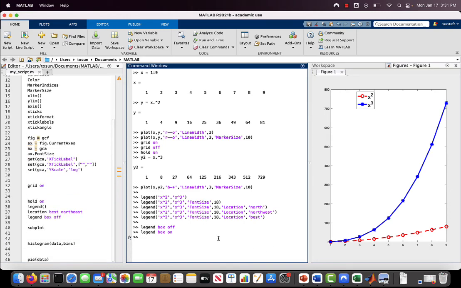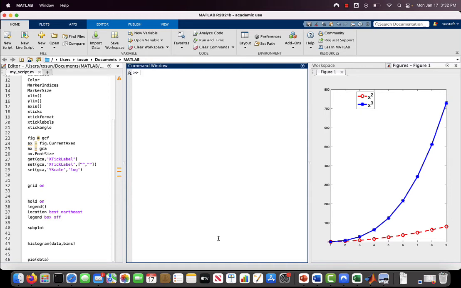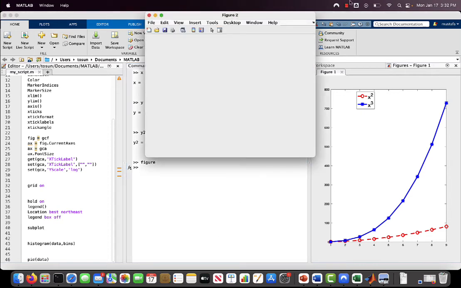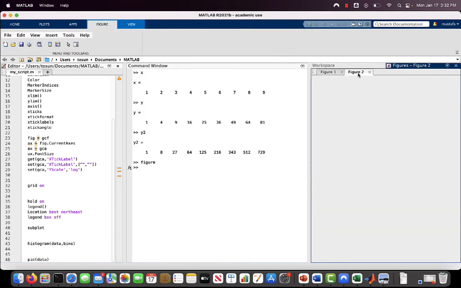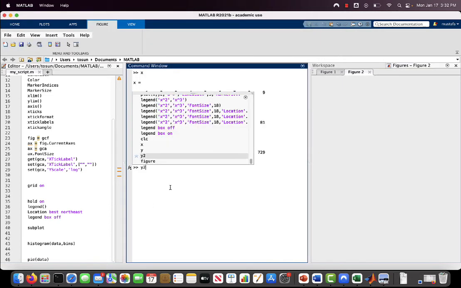Okay, what if I want to draw multiple plots in any figure? Then I need to divide my figure into parts like a matrix. Let's clear the command window. Let's remember X, Y, and Y2. And I want to create right now an empty figure, and I want to dock it again, and I will plot